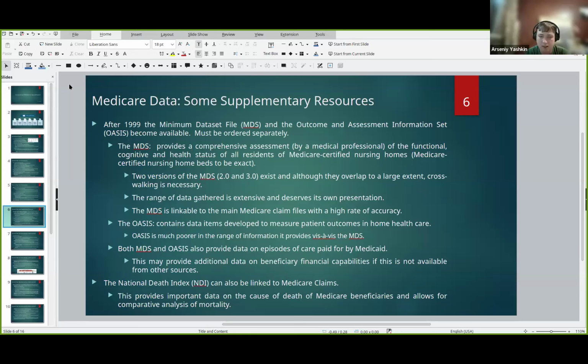So the National Death Index can be linked to Medicare claims, but we don't provide it with the NLTCS. That being said, if you want to link it to the Medicare claims and then daisy chain it into the survey, just make sure you write something about that in your application. Personally, I won't have a problem with you doing that, but it doesn't mean that the people that sign off on the IRBs, not me, right, may not have a problem with this. But it's something that can be done if you want to cross-link to the National Death Index, maybe get a cause of death, which is in itself a useful thing.